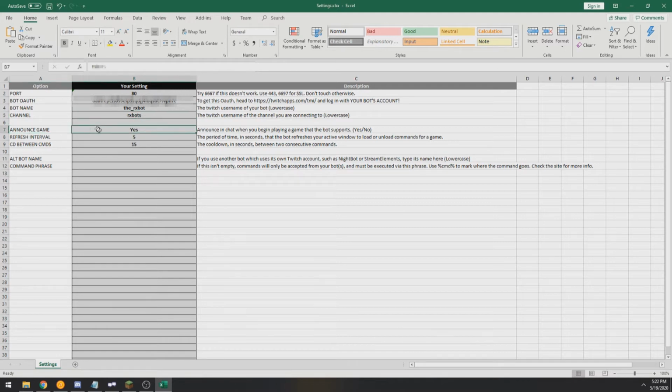The announce game setting will be whenever you start playing a game, the bot automatically detects that and it will announce to chat that that game is now active and can be interacted with. I'll show you what that is in just a second. Your refresh interval is something you usually want to keep pretty low. The way the bot works is it will constantly check to see what your active window is. And if it's a supported game, being